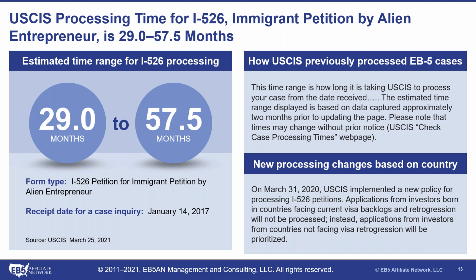And just one additional point I'd like to add about the delays and what we have learned through bringing these mandamus actions is, notwithstanding the fact that the adjudicators are working remotely and have to pick up the files every now and then, we have discovered through our conversations with some of the assistant U.S. attorneys that in any given month, an adjudicator is taking 200 to 300 I-526s home to review. So while there is a very large backlog, you multiply those numbers by the number of adjudicators, and there really is not what we believe to be a good justification for this kind of delay that we're seeing.